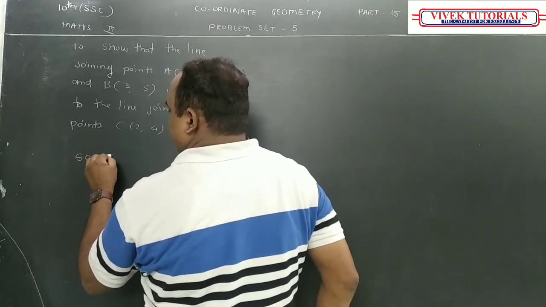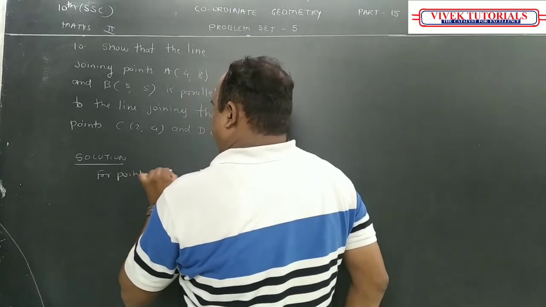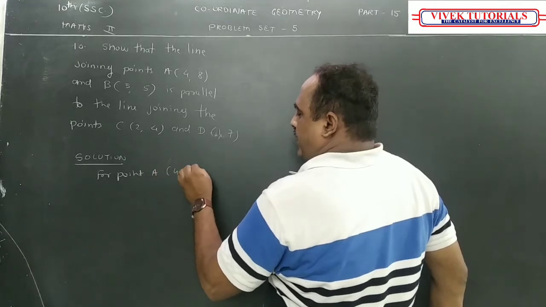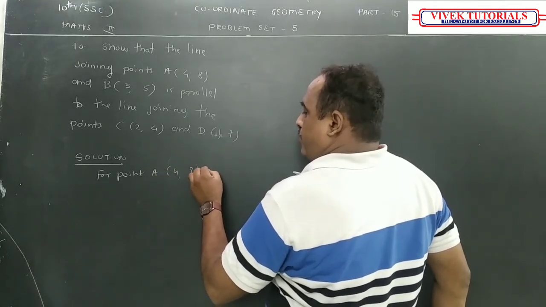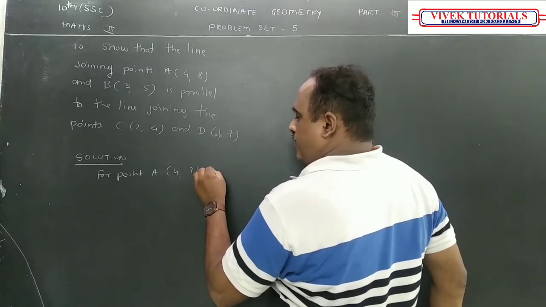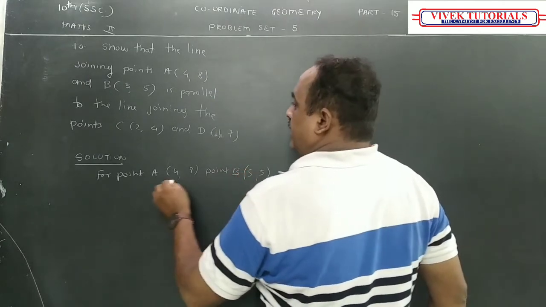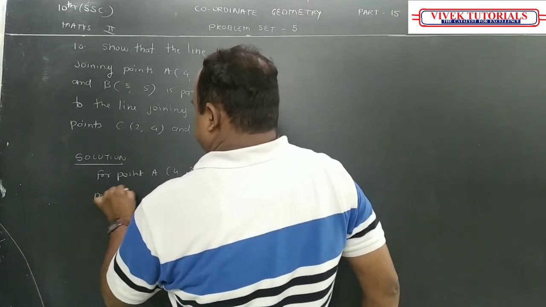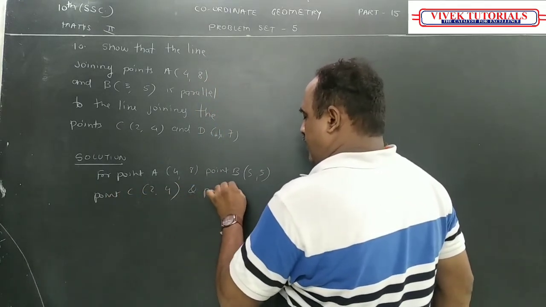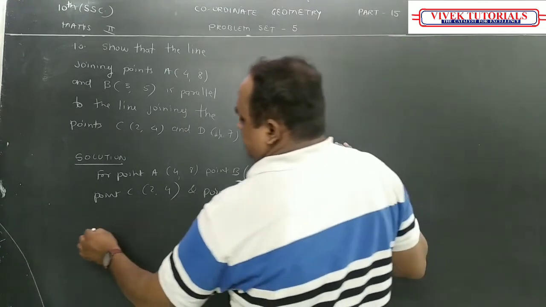Solution. For points A (4, 8), point B (5, 5), point C (2, 4), and point D (1, 7). Let